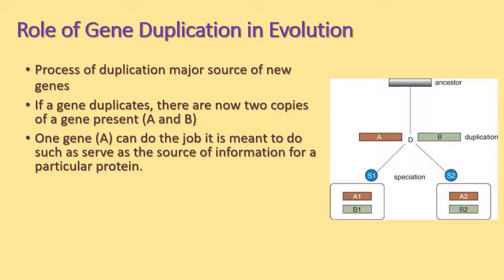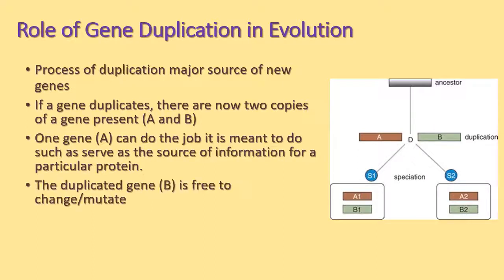So if you have 2 genes present, gene A and gene B, and they both get duplicated, the original gene can continue to do the job that it was meant to do. The duplicated gene is now free to mutate and can become